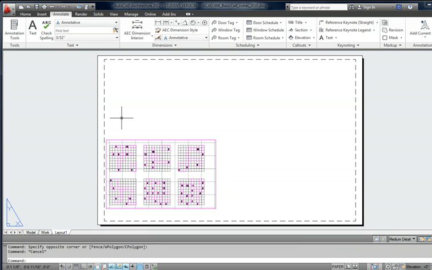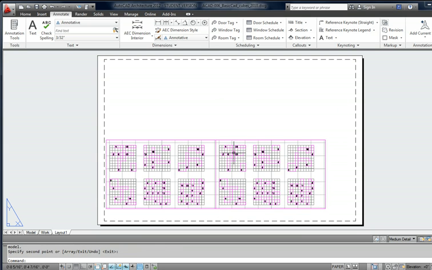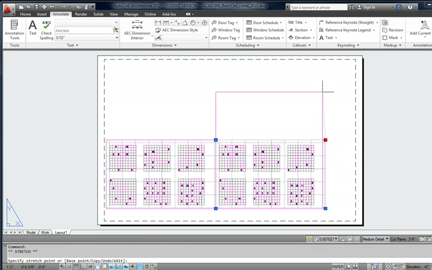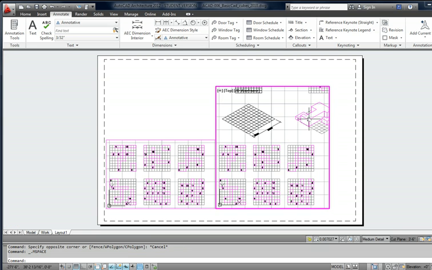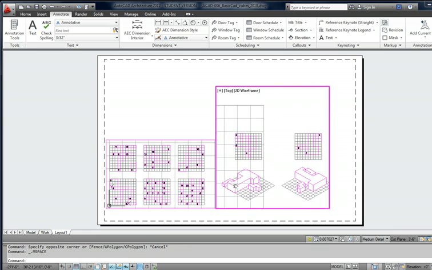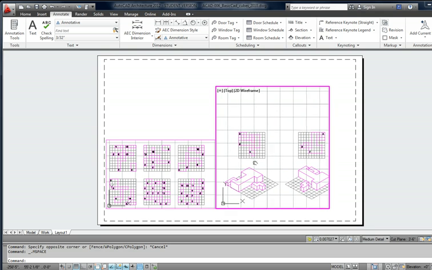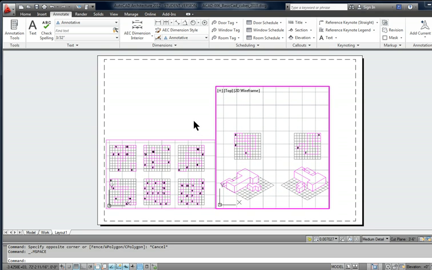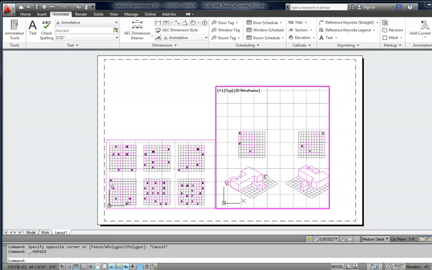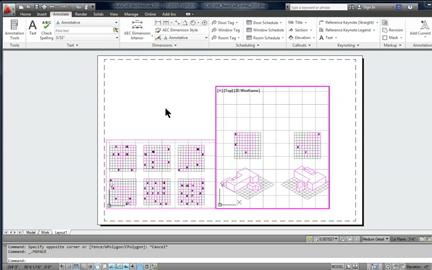and then I'm going to create a copy of this window. CO, enter, select the base point, and paste it. Then select it once, and move those handles up, double click inside, and pan around. I'm pressing down the middle wheel of the mouse and moving the mouse at the same time to be able to pan. And then if I'm happy with what I like, double click outside that window,